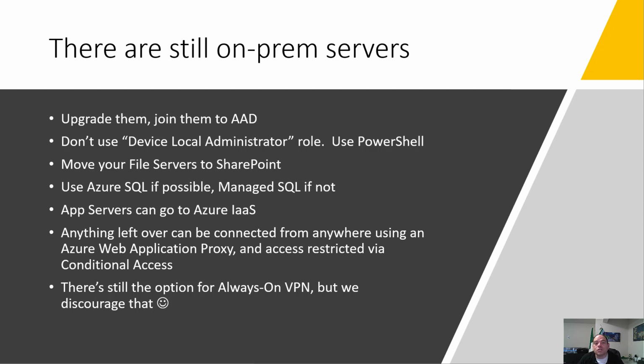For any application servers that can't get migrated up for whatever reason, there is a feature in Azure called the Azure Web Application Proxy, which will make the app URL for your app server externally accessible on the internet. And while initially that sounds scary, remember what we do is control access to that via conditional access. So through a conditional access policy, once that's published, we'll still ensure that only our corporate users are able to